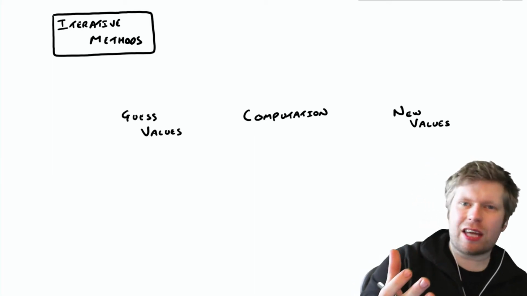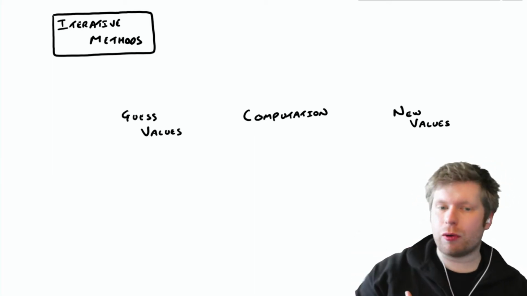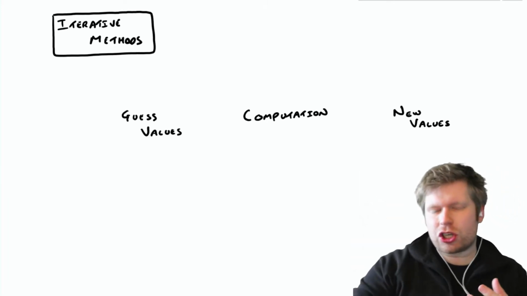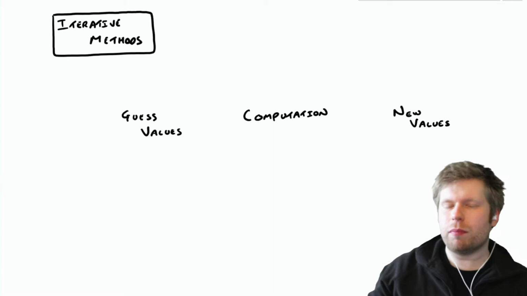Okay, so now we understand where Gaussian elimination is going to let us down. Now let's think what we're going to do about it. So let's look at iterative methods. Now I'm just going to show you the overall idea behind what we're doing before we jump in with a